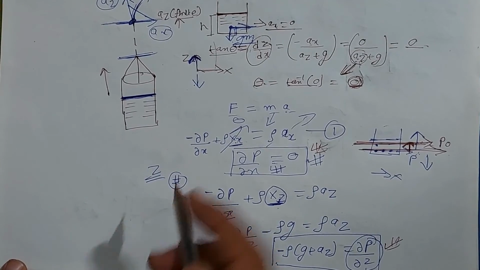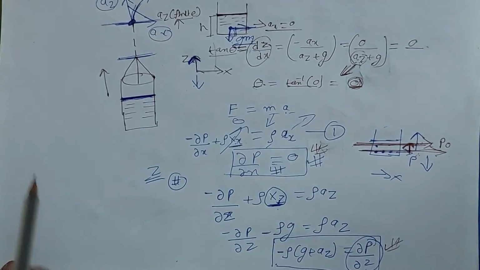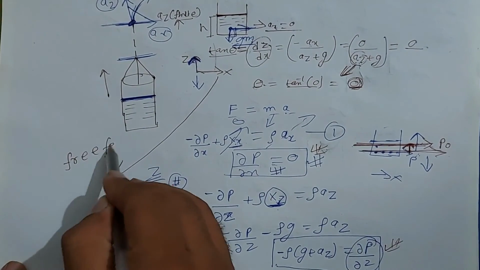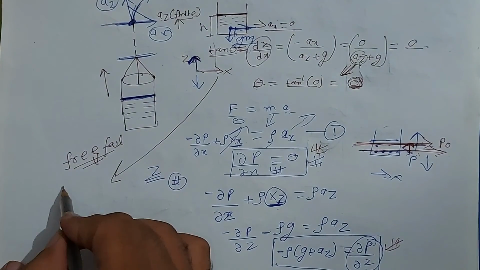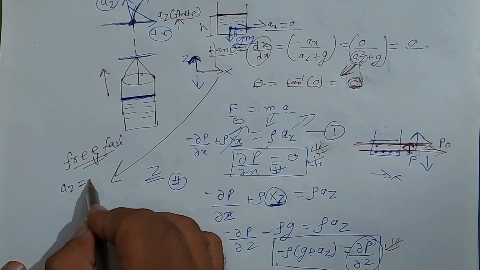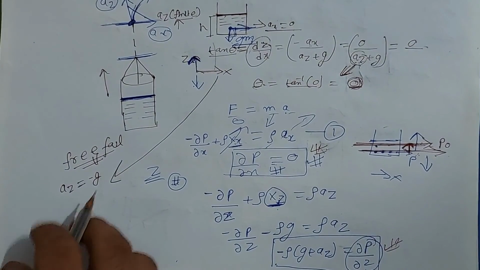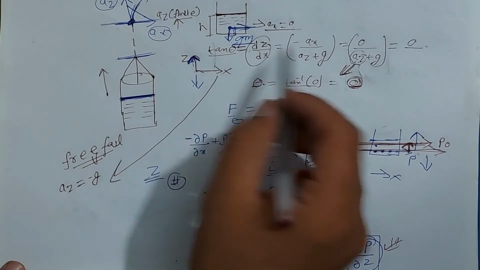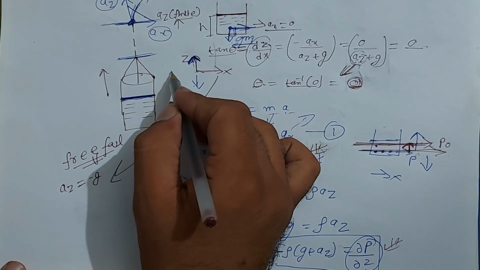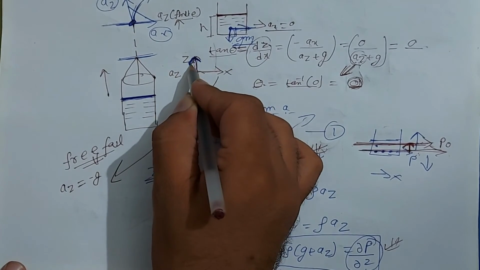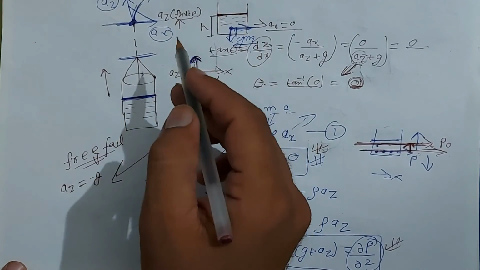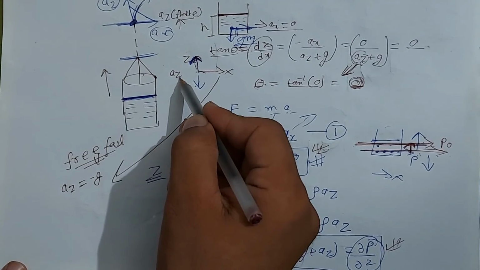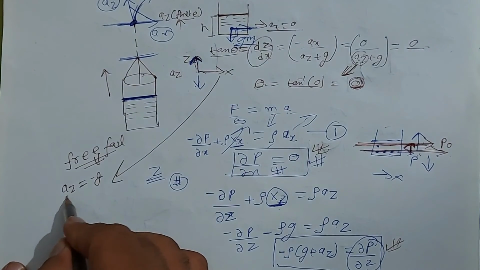Now suppose we talk about a special case of pure vertical motion, which is nothing but free fall. In free fall, you know that Az would be minus g, because the z direction is upward and the acceleration is acting downward. The derivation that we did was for Az pointing in the positive z direction, but in the case of free fall, the acceleration is g, which is opposite to the positive z. So we have to take Az as minus g.